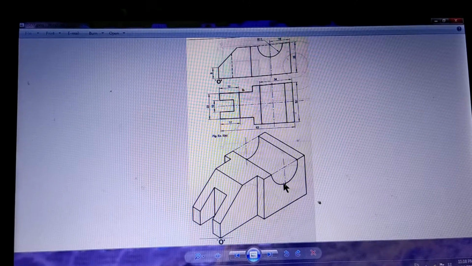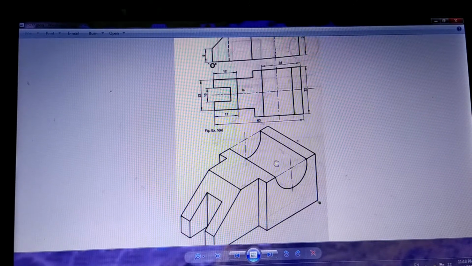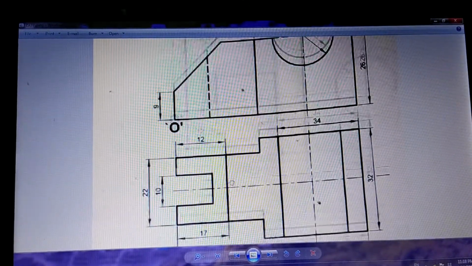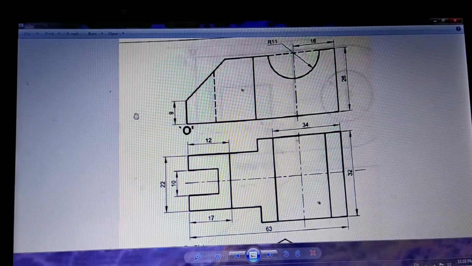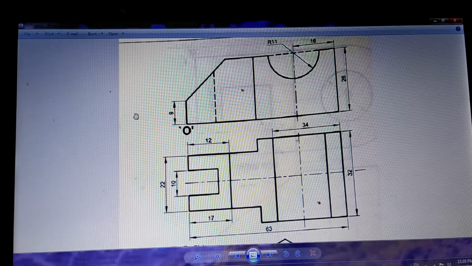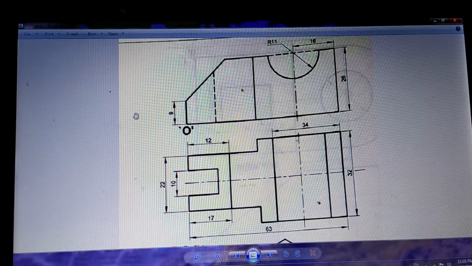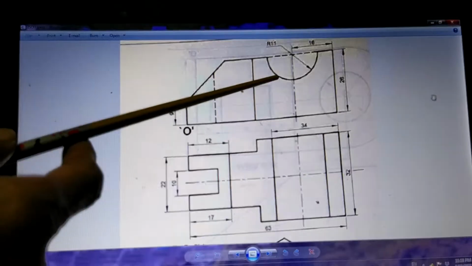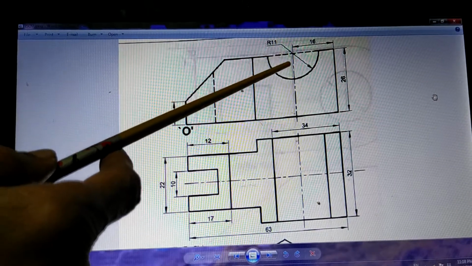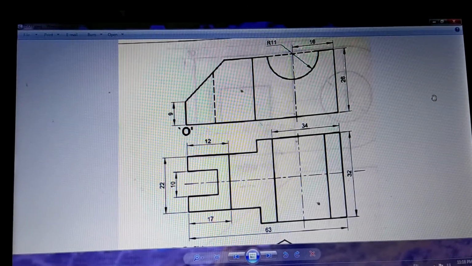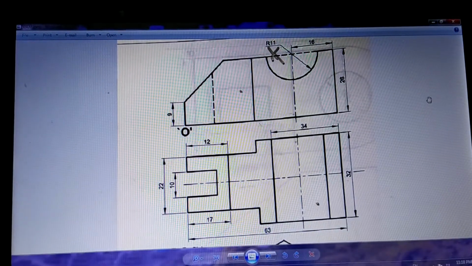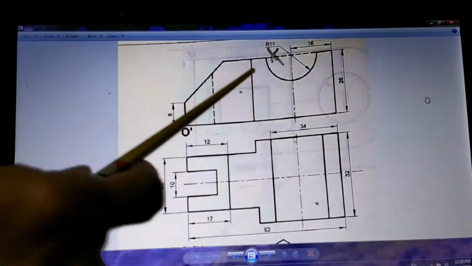Now let's take the next figure. Now in this figure again there is an answer already there. This is the question. So again you can see how the figure is given. So here there is a semicircular cutout. And in fact this line is definitely not there. There is a full cutout, but this line they have drawn as a wrong line. Dotted line not there. So this is how it is on the right side.